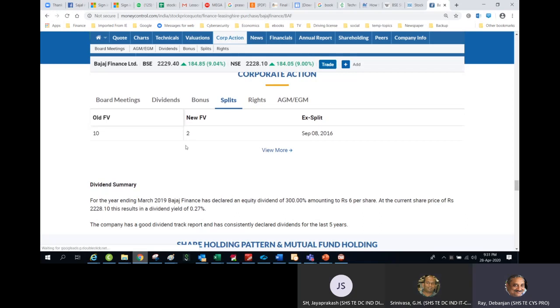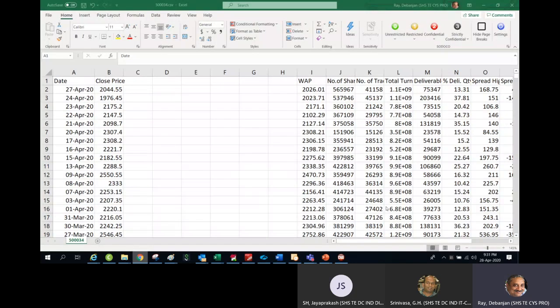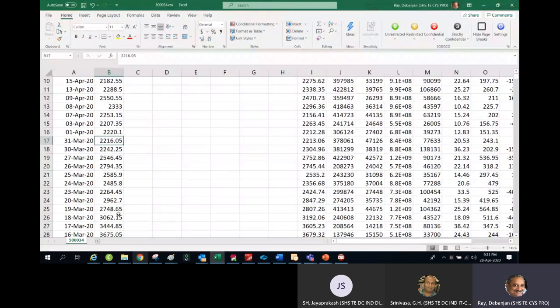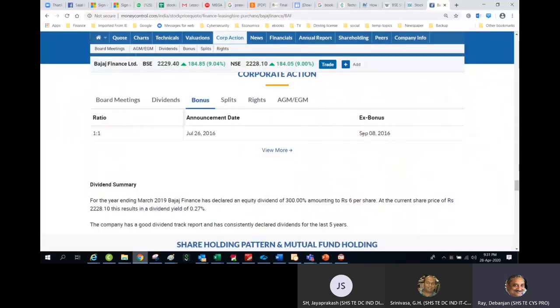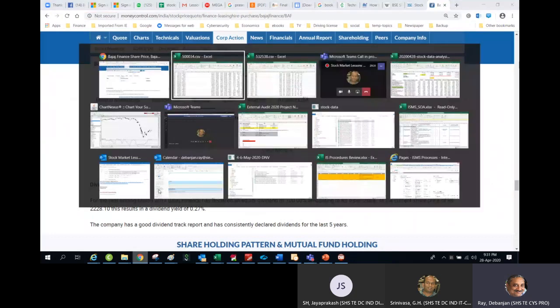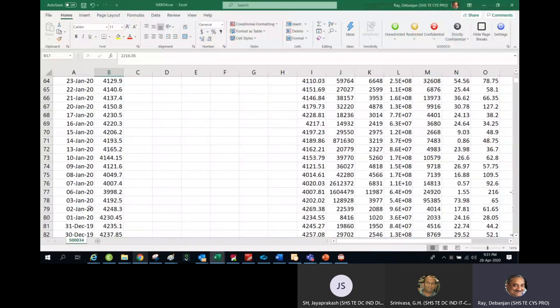So the price will now be divided by 5. Here price will also be divided by the equal amount. Now you will see, we'll go to the particular September 8 date, 2016. We go back.